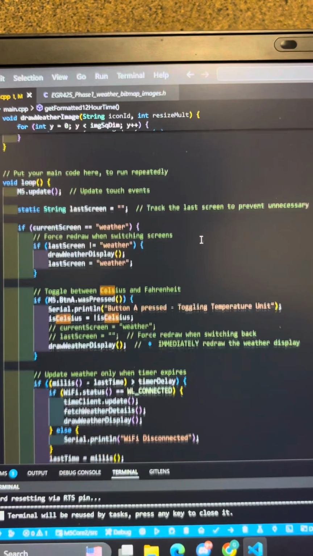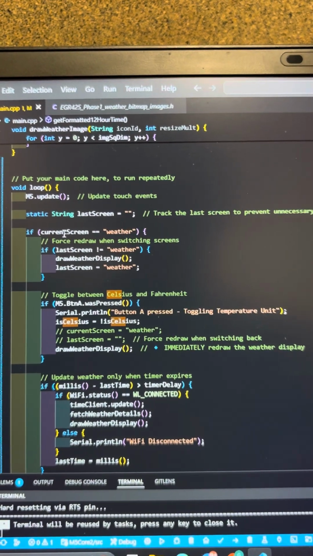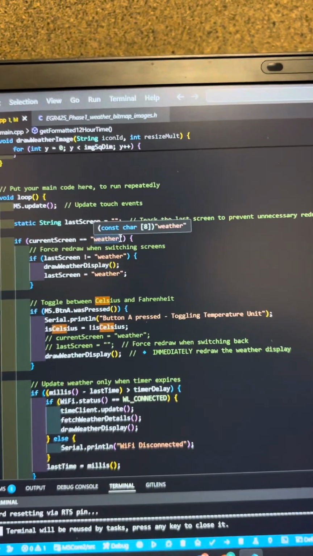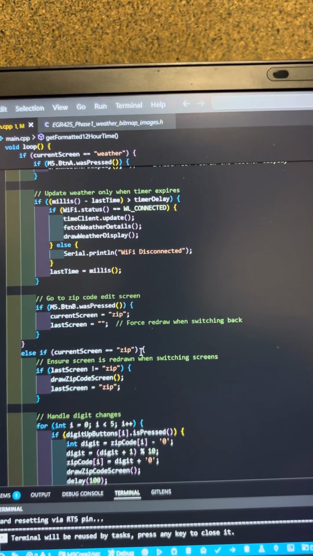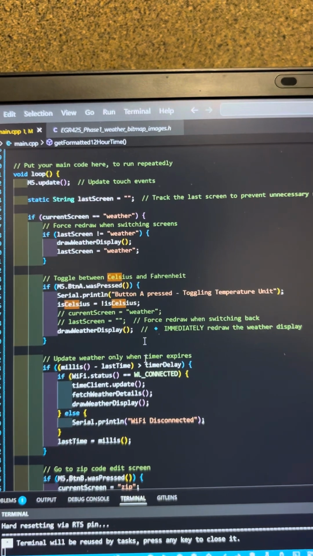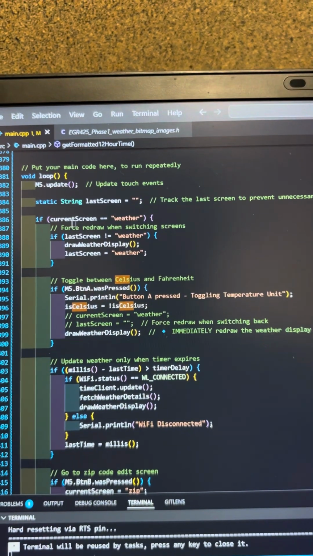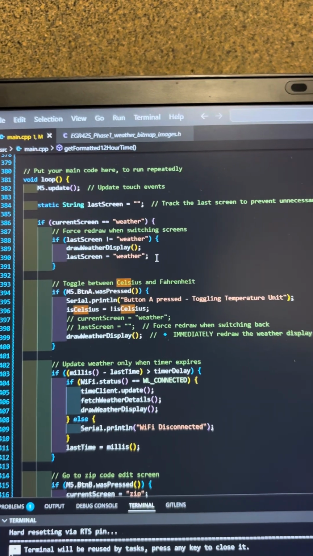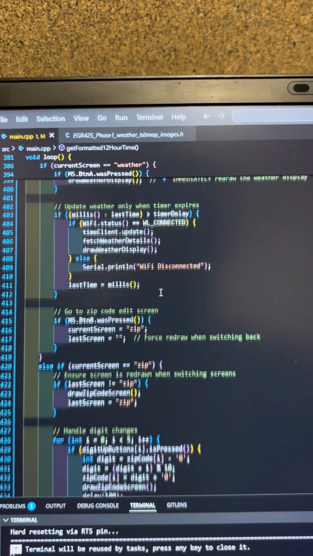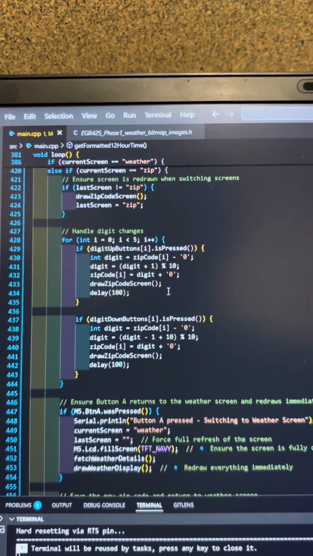So essentially there's a variable called current screen. That's just checking to see if the string is equal to weather, or down here if it's equal to zip. So essentially we're just keeping track of the current screen and the last screen. If the current screen is weather, then we're just going to draw the weather display and set the last screen to weather. But for the zip code that we're talking about, we want to say that